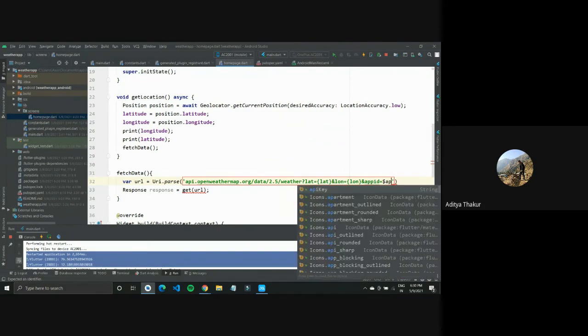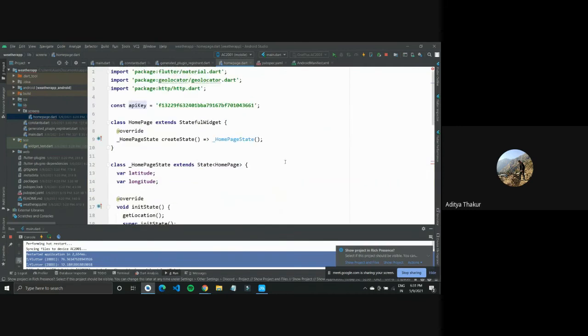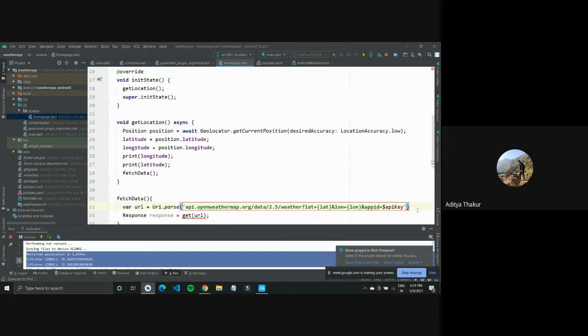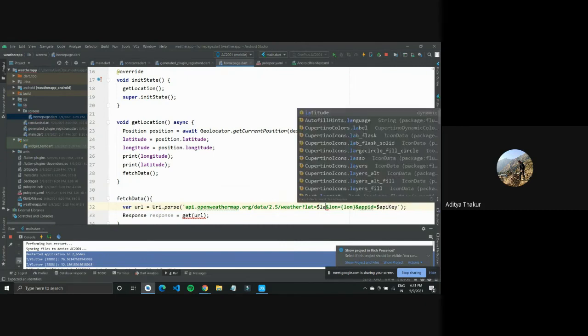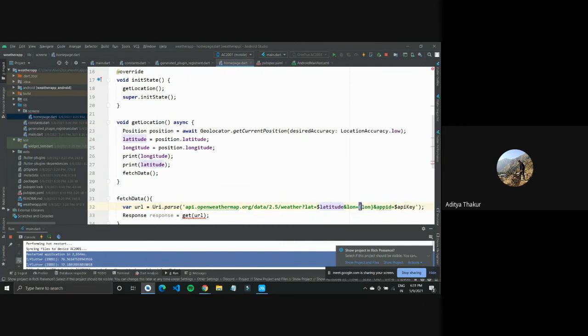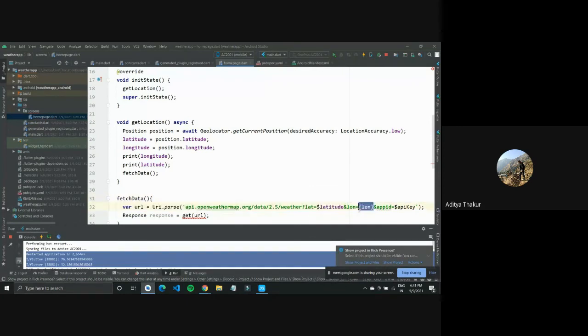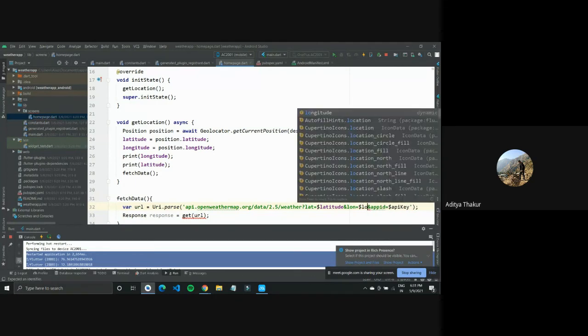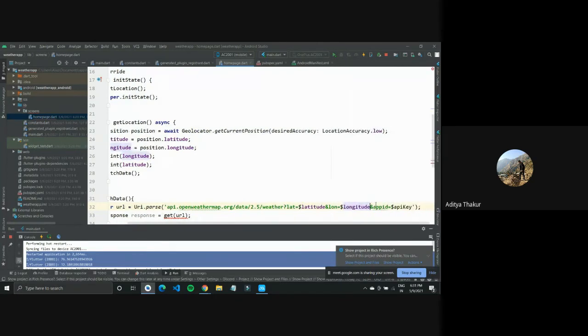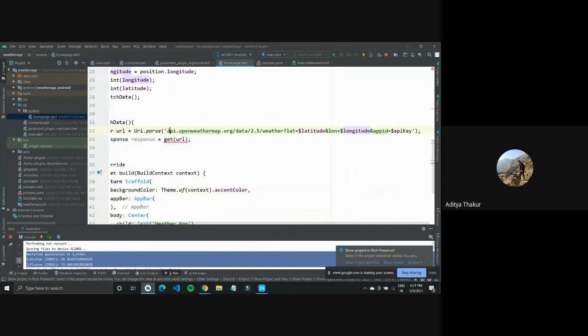So I'll type in API key, and this API key should come from here where I've defined the API key. And latitude and longitude too, I'll define it like this. Latitude and longitude. All right, so we have it ready. We'll also add HTTPS.